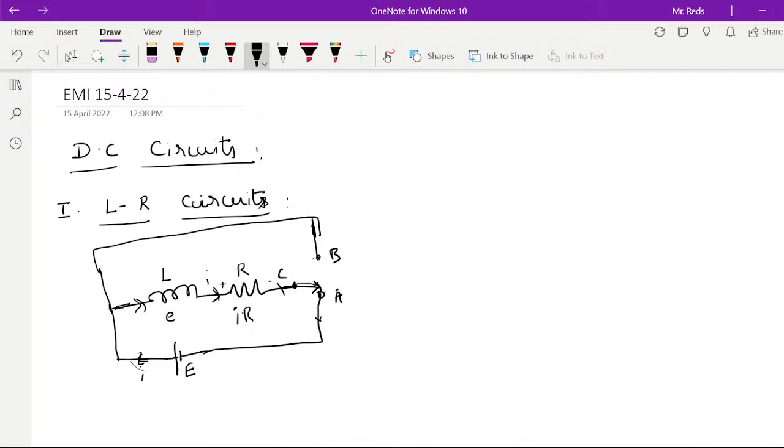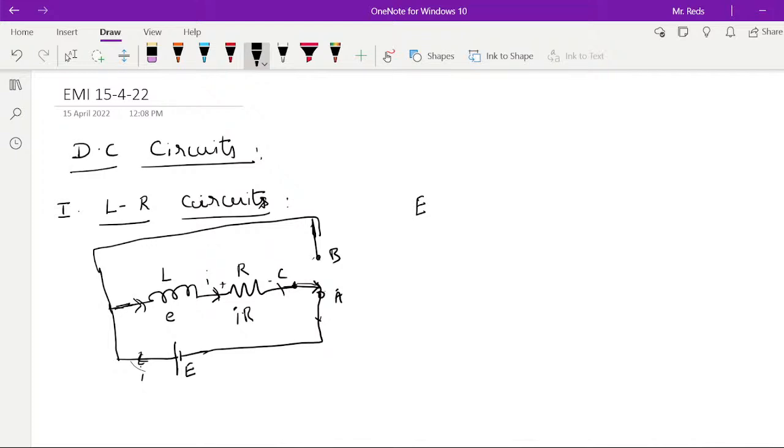Potential difference will be taken as negative here. When current flows through these coils, due to self-induction, an EMF is induced, which is the induced EMF. That induced EMF for this plus this will be equivalent to this. So by applying Kirchhoff's laws, we can say: